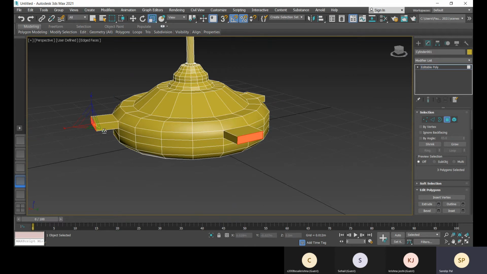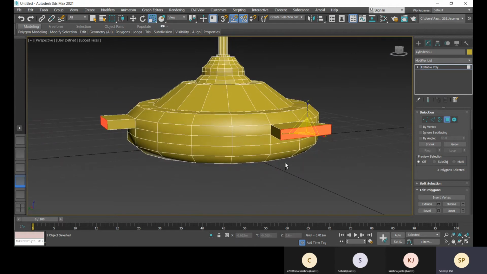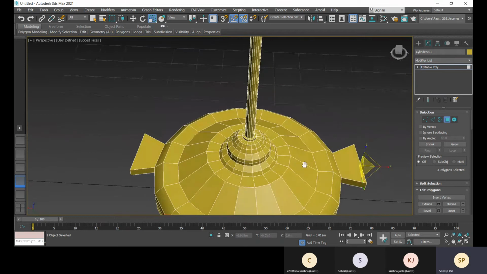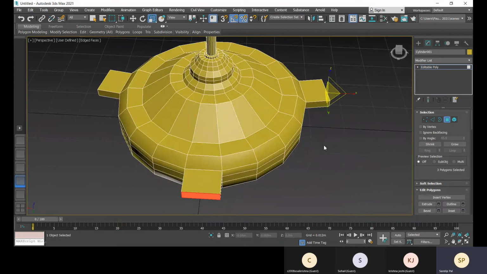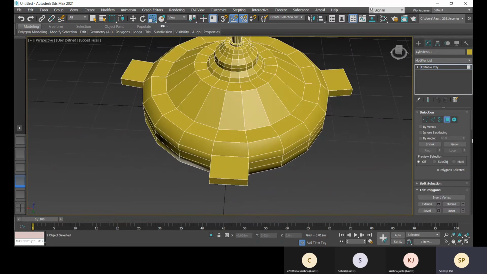Yes. So now I will scale it in this direction. Okay. So this edge will be selected and then scaled in this direction. Or with this edge, click the loop.